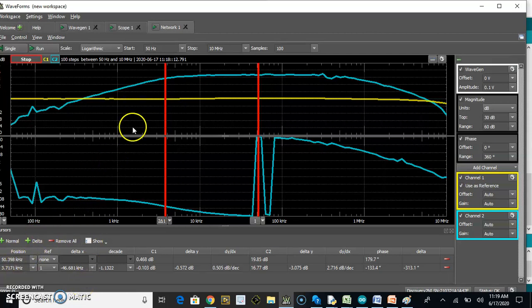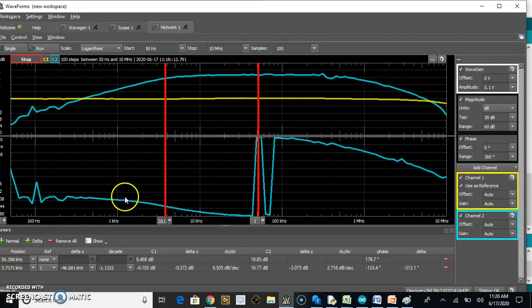You can observe the lower cutoff frequency has increased from almost 340 Hz to 3.71 kilohertz, which indicates the impact of changing the coupling capacitance from 0.1 to 0.01 microfarad. You can also observe that the midband gain almost remains at 20 dB; it's almost 19.85 dB. This way we can observe the impact of the component on the circuit working.